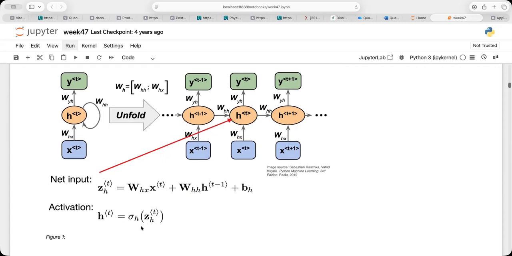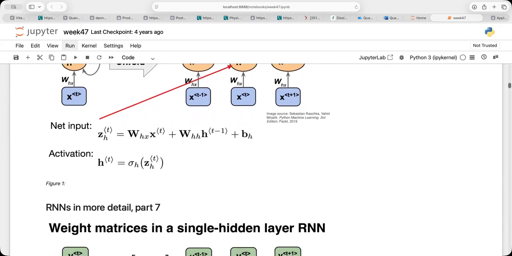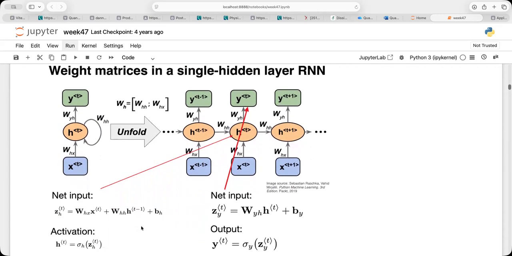Then we have an activation, which could be a tanh. This is something you need to specify when you're setting up the codes. You have a new one when you proceed here. So you have the output here, which feeds into the output layer. So that means that there is a WYH here, which is multiplied with the output. So the output from the hidden or the recurrent unit feeds into the output layer at a given time.